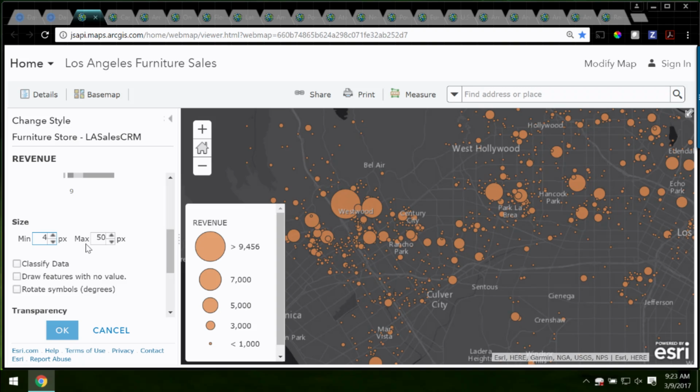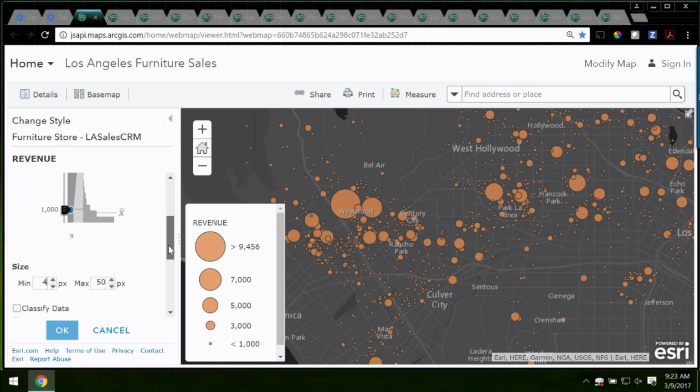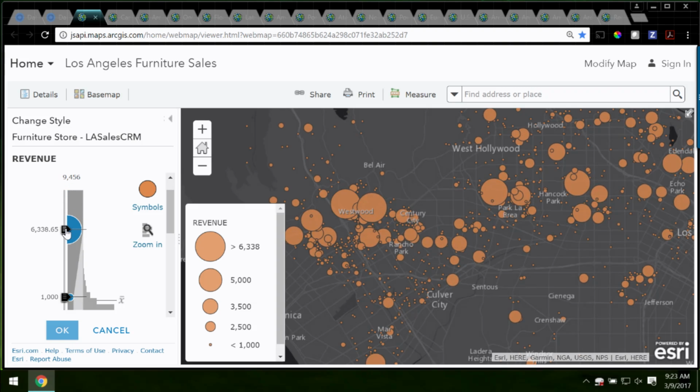Now, whether that's true or not, that's for you to figure out with your customer. But you have the tools here to very easily play with the relationship between min and max values in the histogram and the size of the symbol. And at the other end of the spectrum, drag that. Right now, smart mapping always puts proportional symbols at the max value. But if you said, we'd be happy with any sales over $3,000,